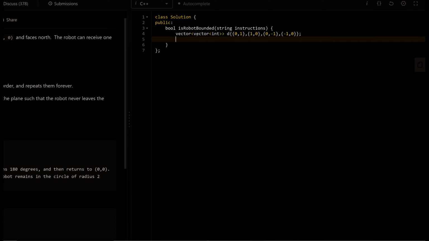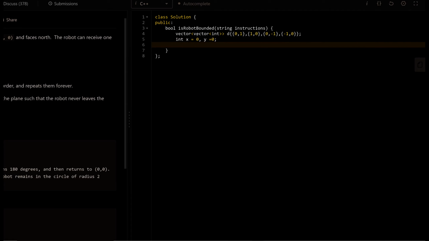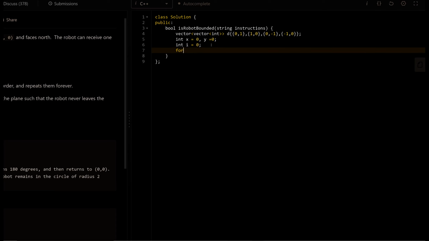Now I take my initial coordinates x and y to be equal to 0. Then I take my initial direction, which is given in the question as north. The index I points into the D array, so if it's 0, I'm initially facing north.